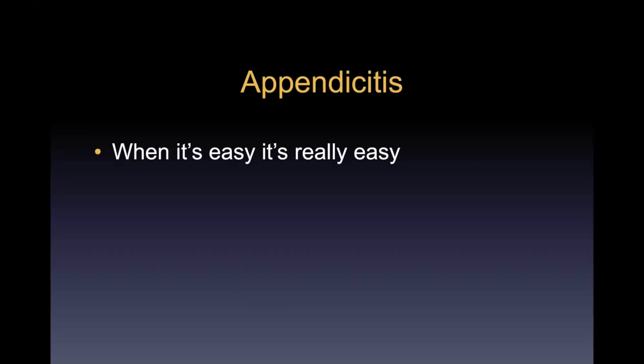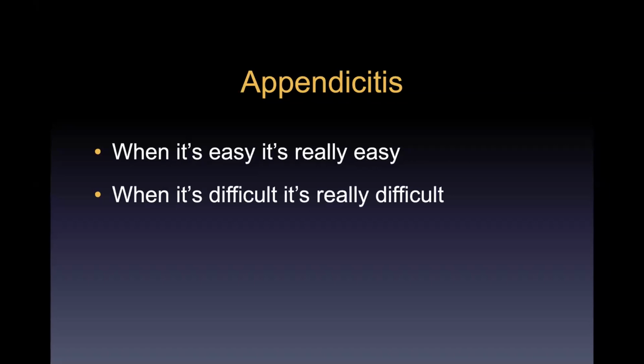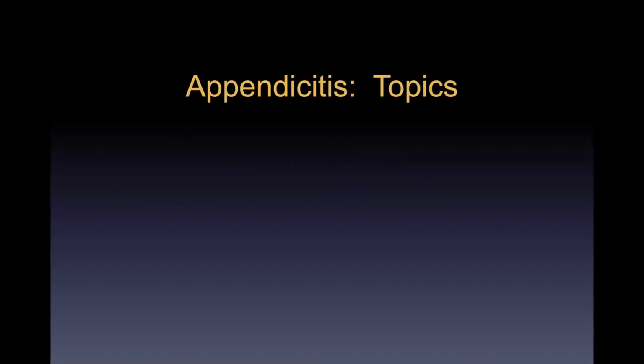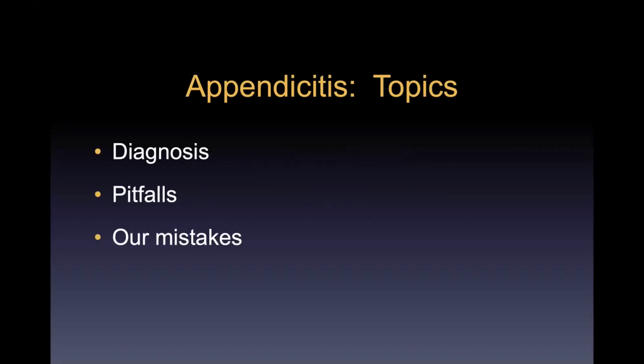The thing about appendicitis is that sometimes it's a really easy diagnosis to make. And I always think when I go to lecture about appendicitis that people are going to be like, why do I need to listen to a lecture about appendicitis? But the flip side is that when these cases are difficult, they can be really difficult. So I'm going to focus today a little bit more on some of these problem scenarios and give you some tips as to how I deal with them. What we're going to cover briefly is a little bit about diagnosis, how to make this diagnosis, but then we're going to concentrate most on the potential pitfalls, where we as radiologists tend to make mistakes, and then I'm going to finish with a few words on pregnancy.